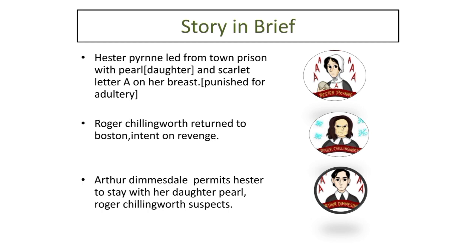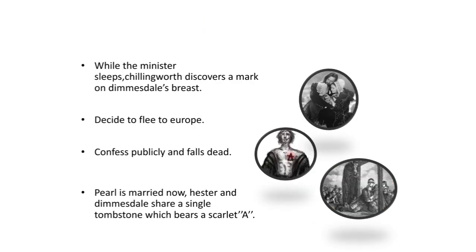In the next scene, the community officials attempt to take Pearl away from Hester, but with the help of the minister Arthur Dimmesdale, Hester manages to stay with her daughter Pearl. No one knows that he is the father of Pearl, but Roger Chillingworth suspects that there can be a connection between Dimmesdale and Hester. So he begins to test Dimmesdale, and one afternoon,